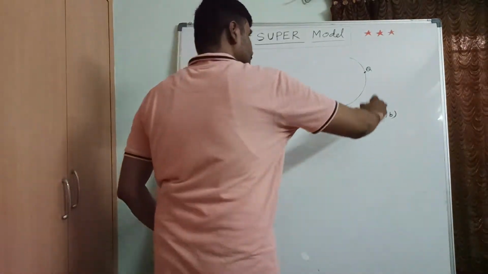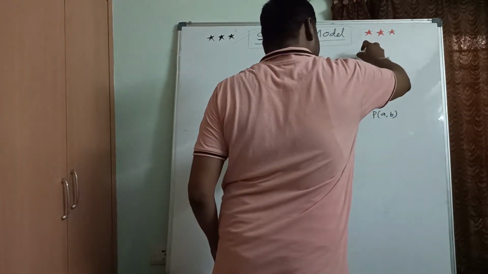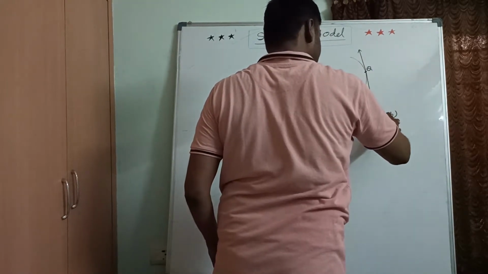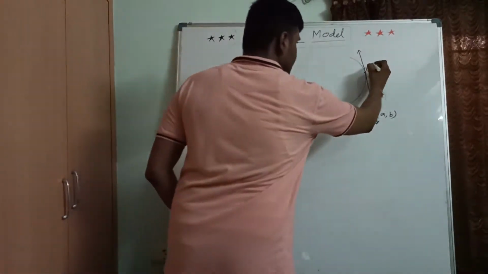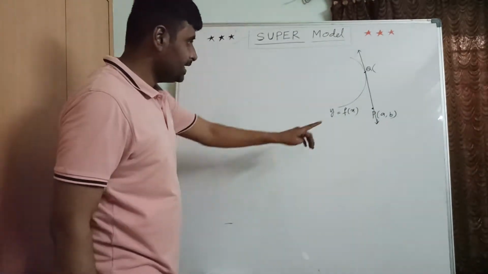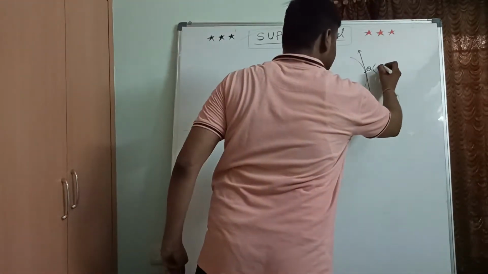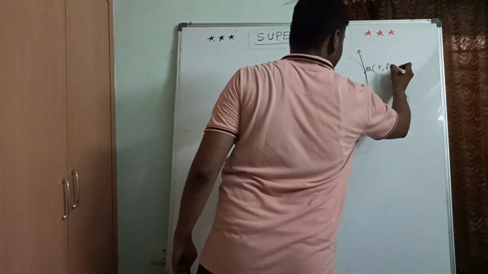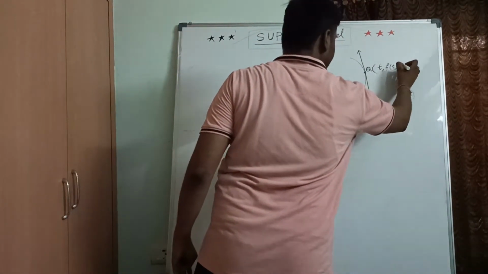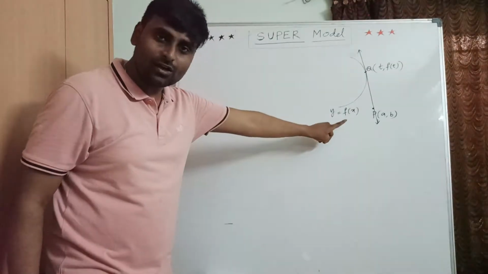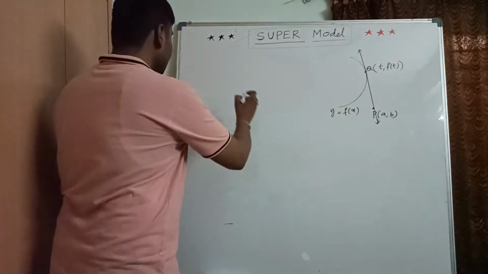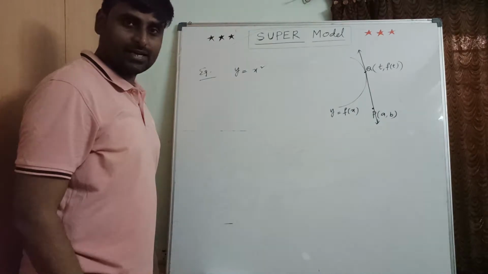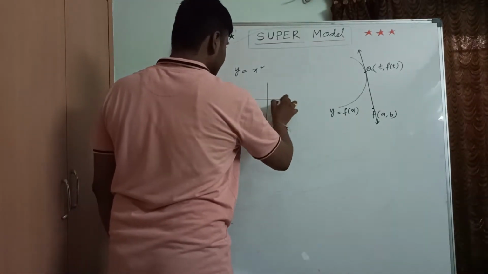Now if I draw one tangent, imagine this is the tangent. This point of contact can be taken as: if you take x as t, what will be y? f of t, simple. So taking the point of contact on the curve is very easy from the nature of the curve. For example, y equal to x square is the curve. Generally the y equal to x square curve will be like this.